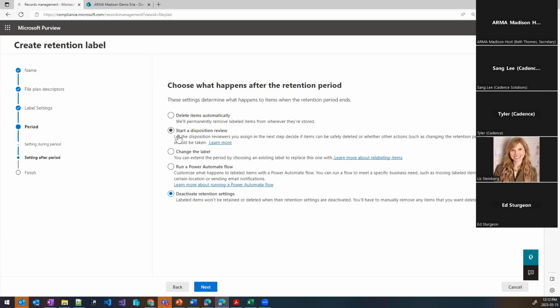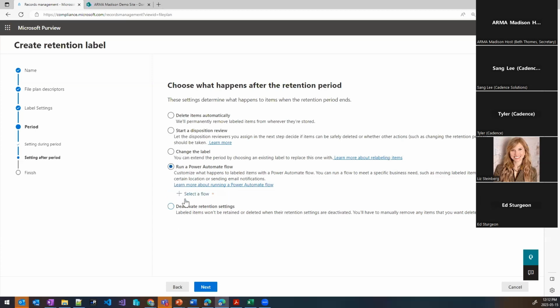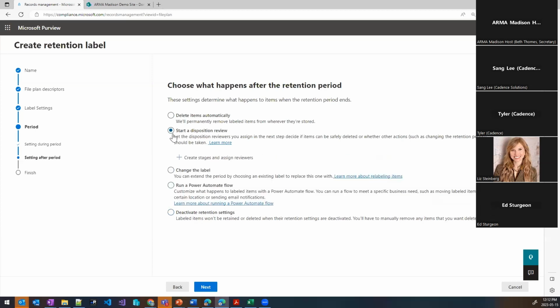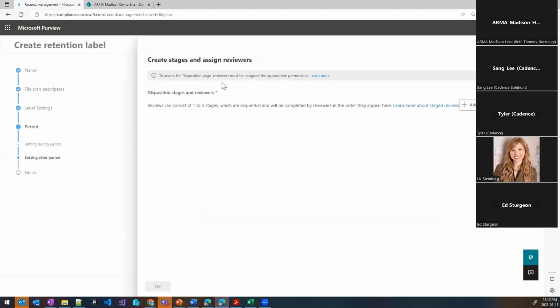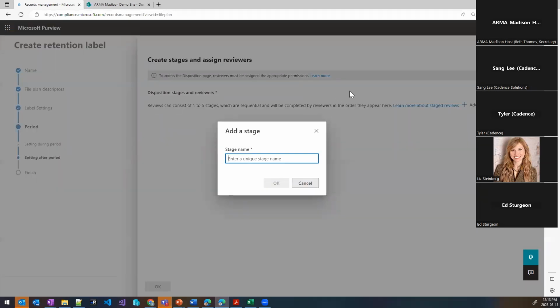You can choose any of the options except for run Power Automate flow, because there's no flow within this environment. But I'm going to do a start a disposition review here and show you how to create a disposition review process out of the box. We can create one by clicking the create button here, and you can have up to 5 stages of disposition reviews, and you can add multiple users per stage. But I'm just going to create one stage here,